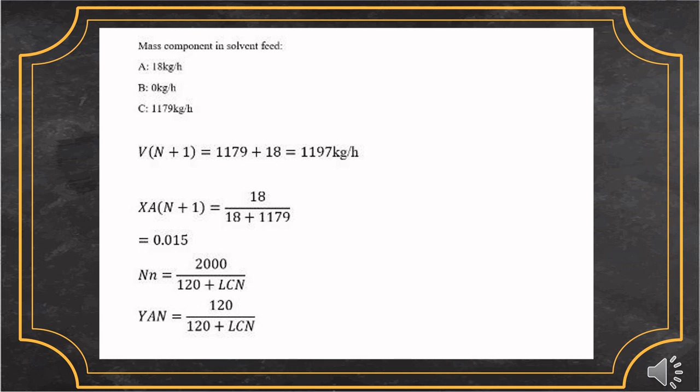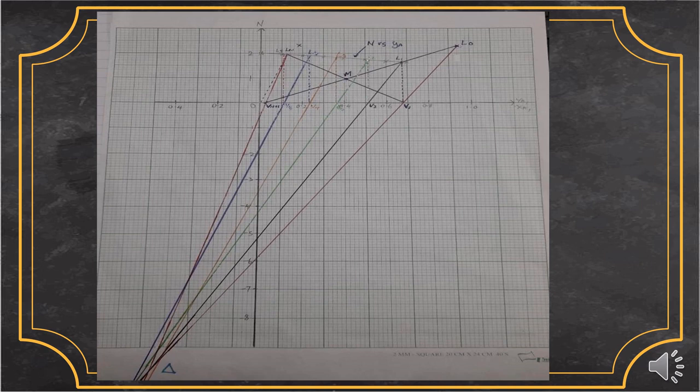The points V n plus 1 and L0 are plotted in the graph. The underflow data from the table are plotted in this graph as N versus YA. The point Ln lies on the N versus YA line in the graph. Also for this point, the ratio N n per YA n is equal to 16.67. Hence, a dashed line through the origin at YA equal to 0 and N equal to 0 is plotted with a slope of 16.67 and intersects the N versus YA line at Ln,